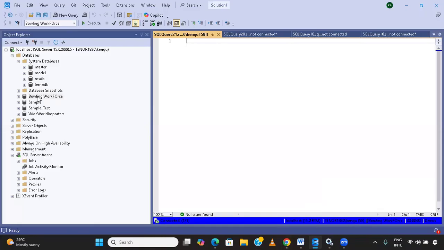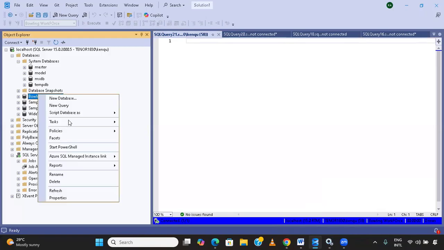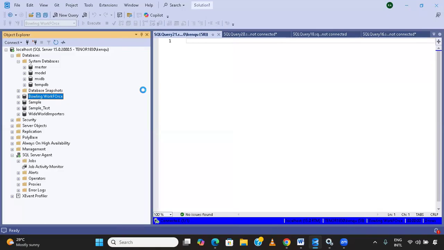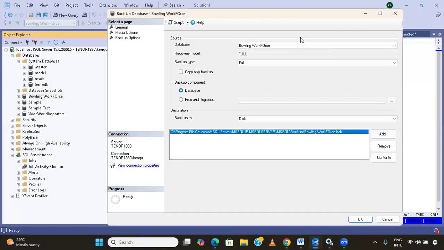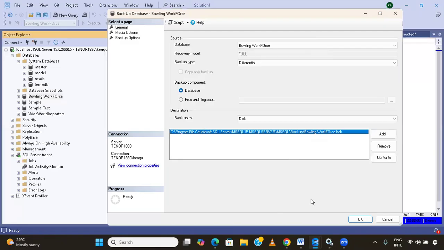So it's just to go to the database. If this is the database, you just go to the database and then go to tags and then click on backup. But if you're trying to do restore, we have to go to restore database. But let me do a backup first. I think the best thing is to do a differential backup, because it only focuses on the recent changes that have been made. So come here, type, look at it here, differential, and then